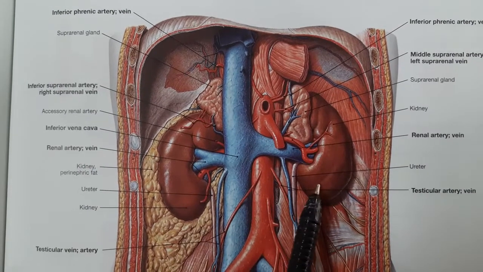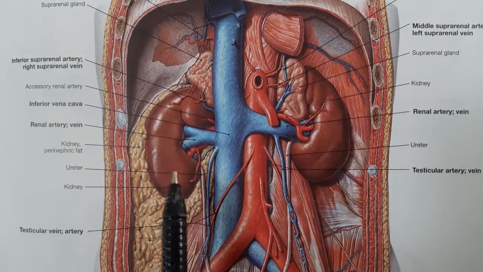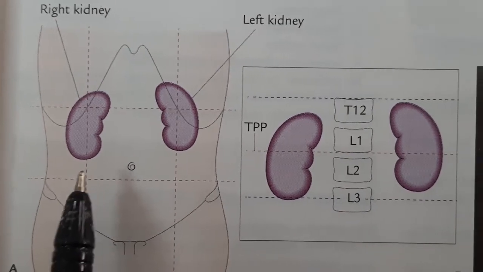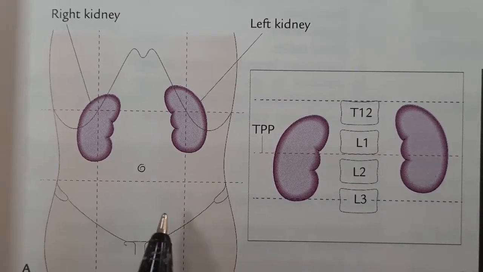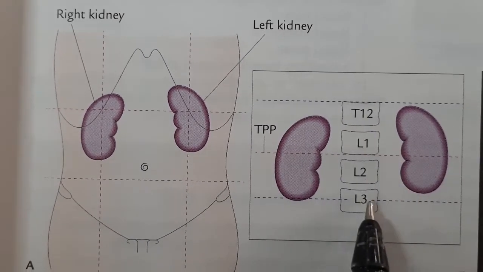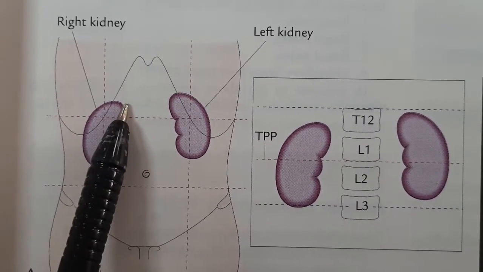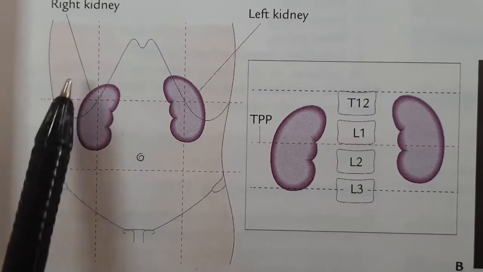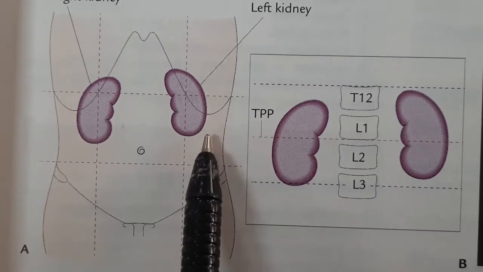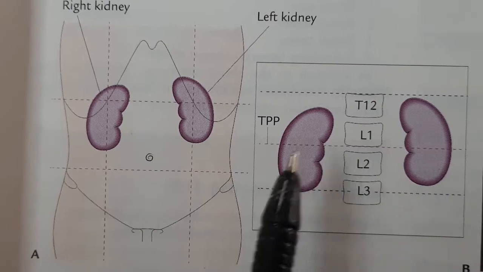Kidneys are two bean-shaped reddish brown organs within the abdomen situated on the posterior abdominal wall. Now the location of the kidney: they lie on the posterior abdominal wall on each side of the vertebral column behind the peritoneum opposite 12th thoracic vertebra and upper 3 lumbar vertebrae. The right kidney lies in the epigastric region, umbilical region, right hypochondriac and right lumbar region. Left kidney lies in the left hypochondriac, left lumbar, epigastric and the umbilical region on each side of the midline.